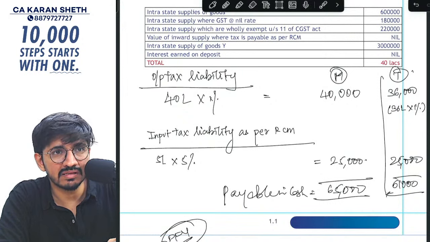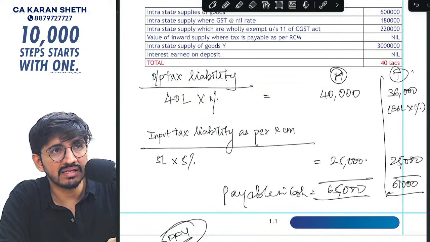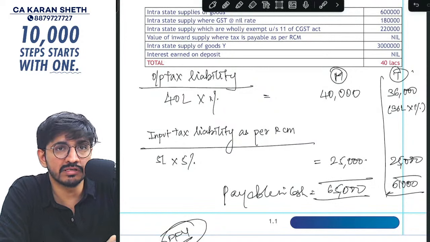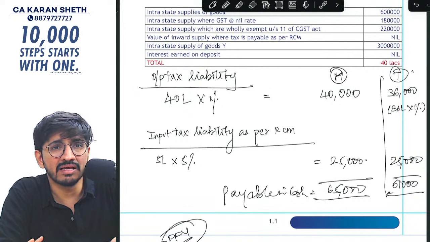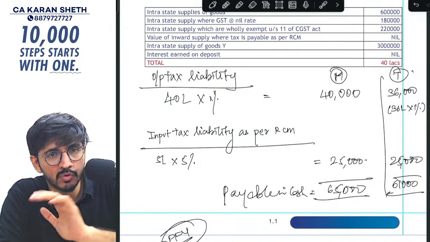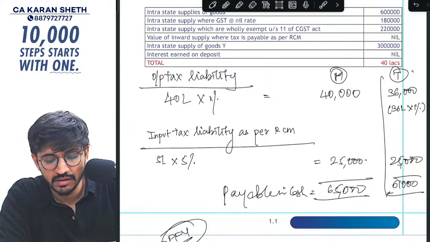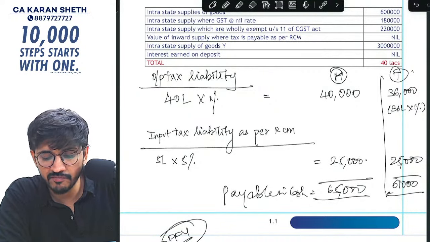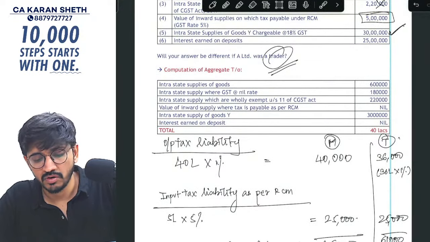Also, when you're seeing MCQ questions and you're solving composition scheme, understand one thing, that never focus on the date of purchases except where the purchase is taxable as per RCM. Normal purchases have no respect in composition scheme because उसका नहीं मिलता है ITC, उसका computation में कोई इफेक्ट ही नहीं. तो फोकस ऑन द आउटपुट सप्लाई, आउटपुट टैक्स, जो भी आता है पे कर दो, खत्म कर दो, ठीक है, that's it.